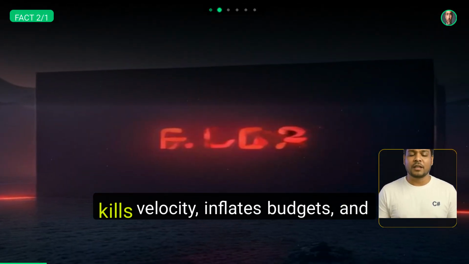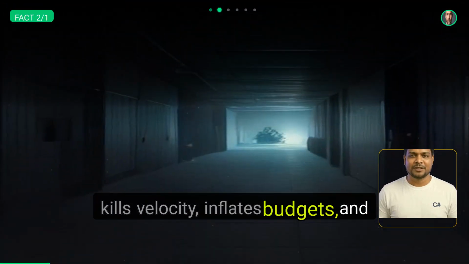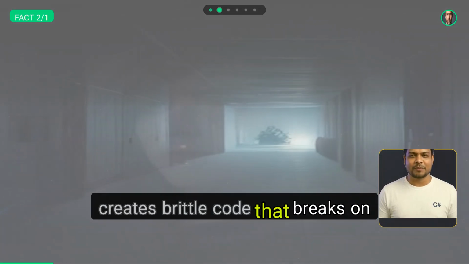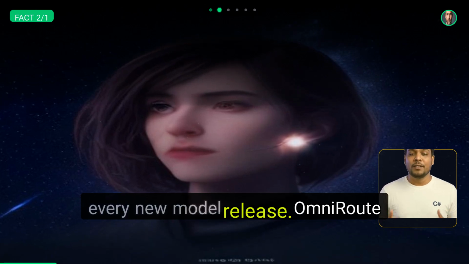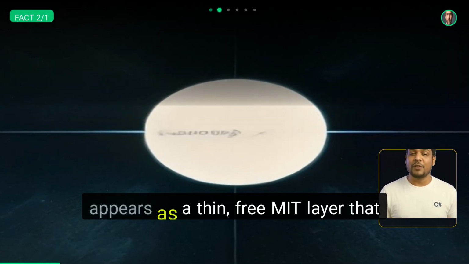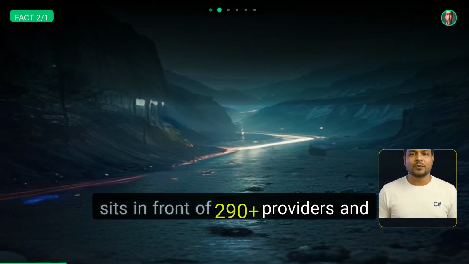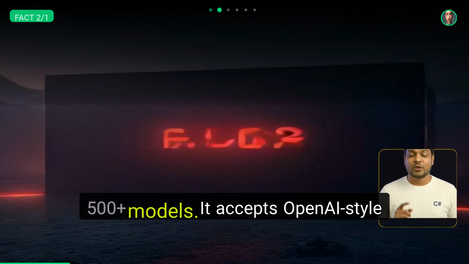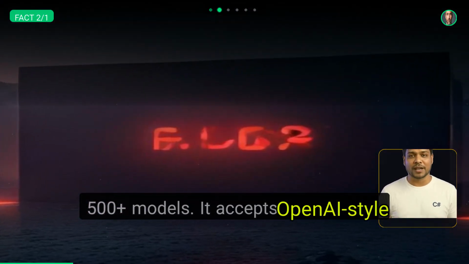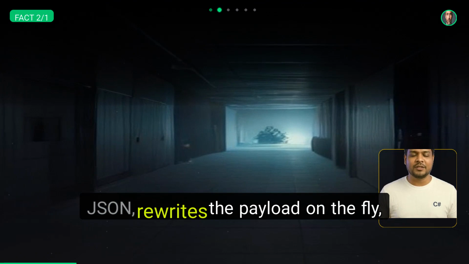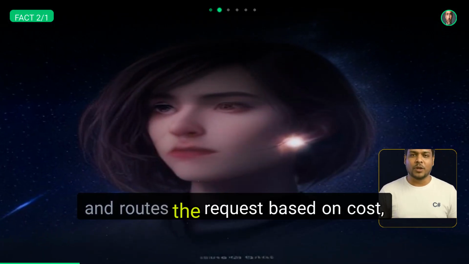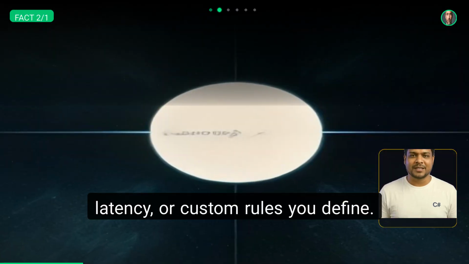That friction kills velocity, inflates budgets, and creates brittle code that breaks on every new model release. OmniRoute appears as a thin free MIT layer that sits in front of 290-plus providers and 500-plus models. It accepts OpenAI-style JSON, rewrites the payload on the fly, and routes the request based on cost, latency, or